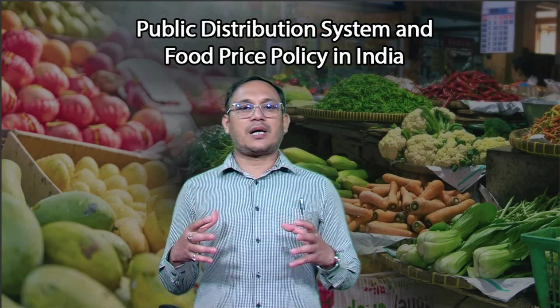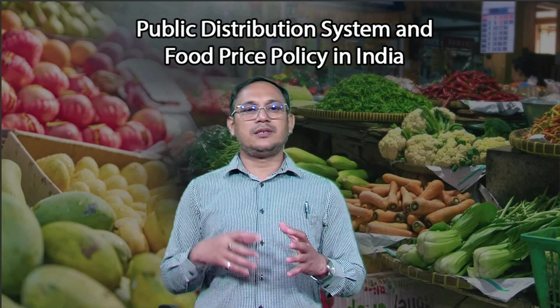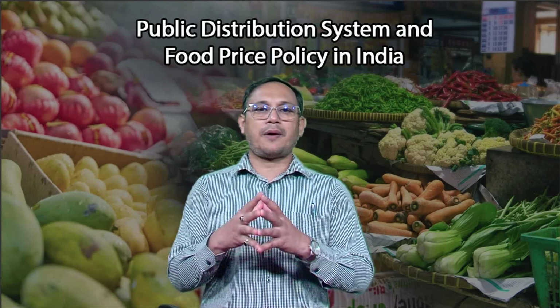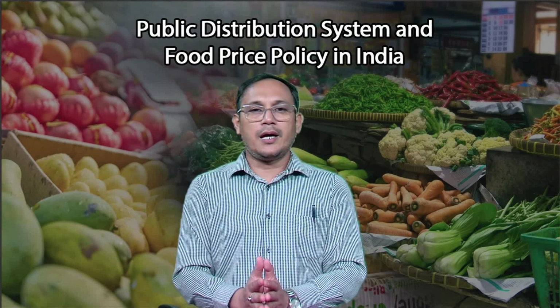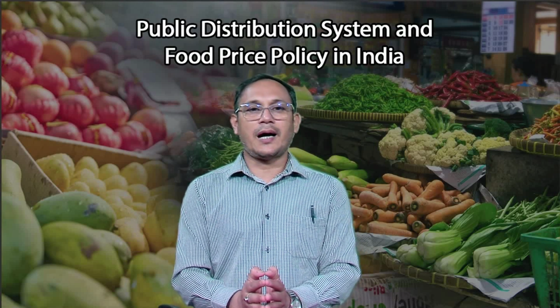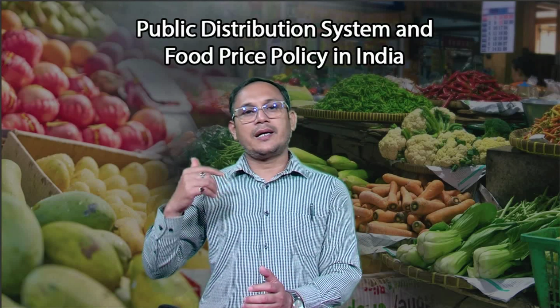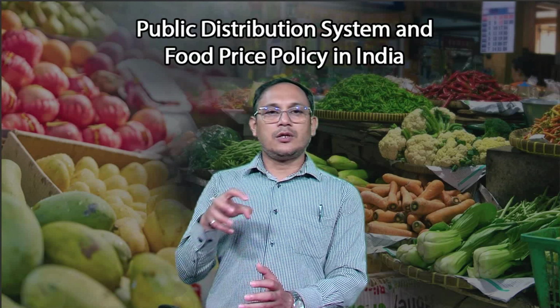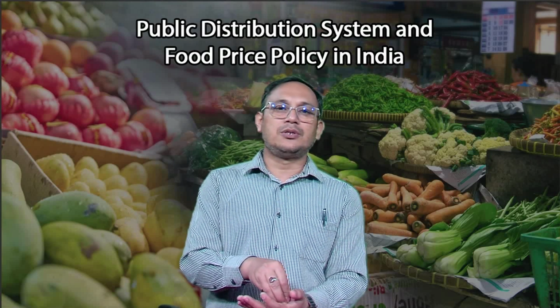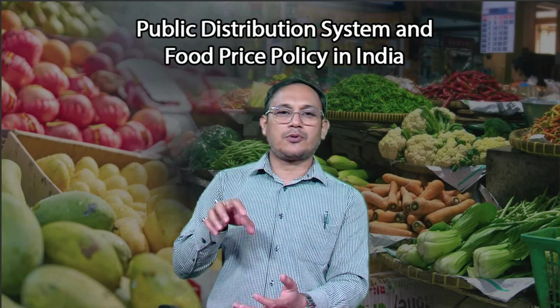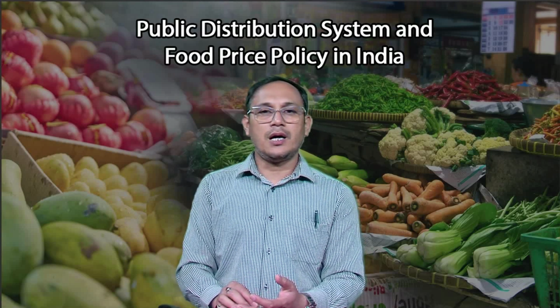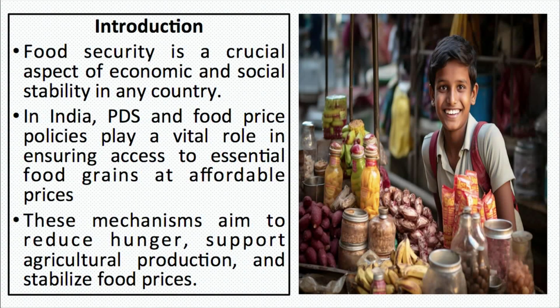they have some kind of certainty regarding their product, and certainty regarding the prices of the product, so they will not suffer from any kind of uncertainty. So that is why supporting agricultural production is included in the mechanism of public distribution system, so that it can encourage more production on the part of the farmers. And along with that, if you look at this mechanism minutely, it also helps to stabilize the food prices.